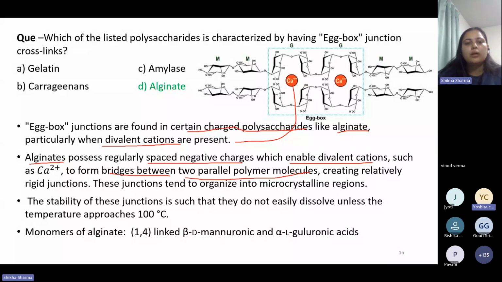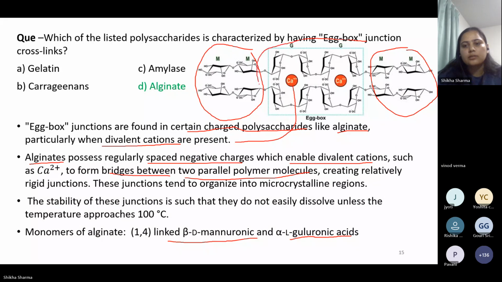So the alginate is basically a polymer of 1,4 linked beta-D-mannuronic and alpha-L-guluronic acid. So these monomers, like here where M is written, this is the mannuronic acid, on both sides, and this one is where the egg box junction is forming. Guluronic acids are there. In the guluronic acid, we can see we have negatively charged groups like COO minus, which are separating it and giving some kind of space. In this space, the Ca2+ ion can go, and it basically bridges these parallel polymeric molecules and creates a